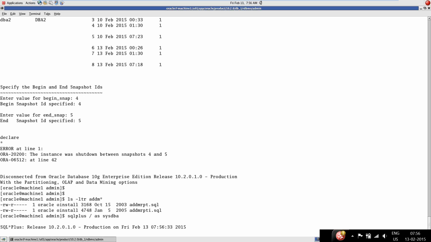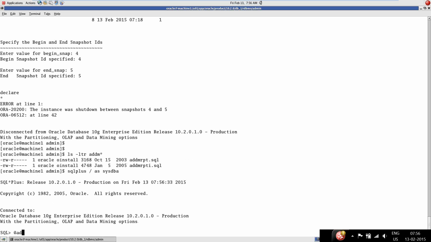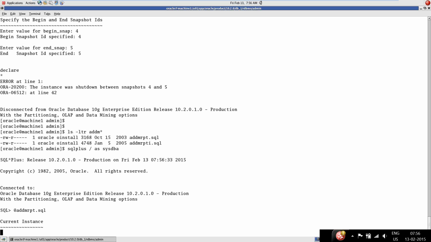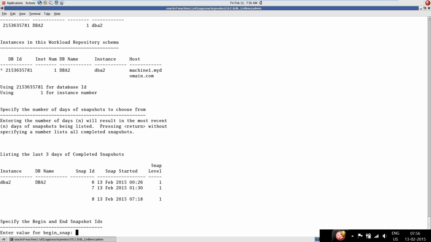Now I am connecting to SQL*Plus and running @ADDM RPT.SQL. It automatically takes only the last 3 days of snaps, so we need to enter only within the last 3 days.